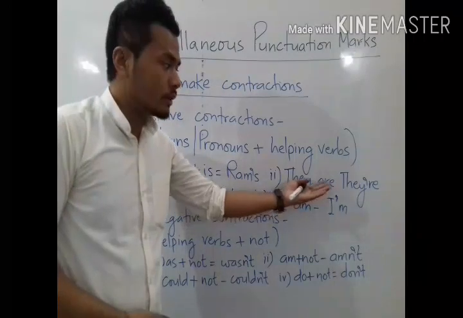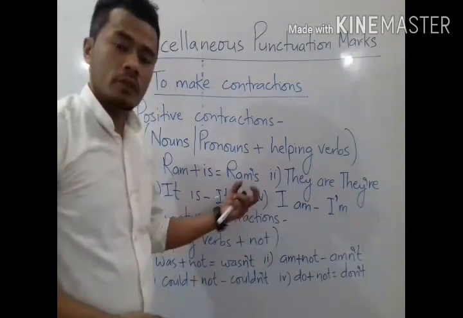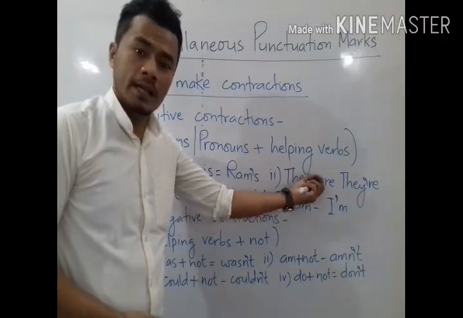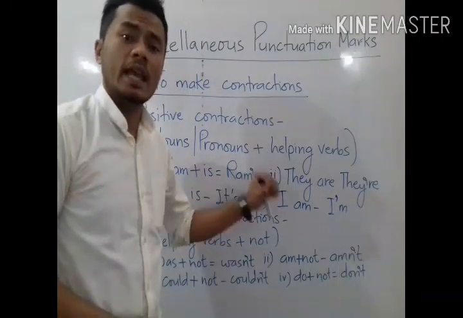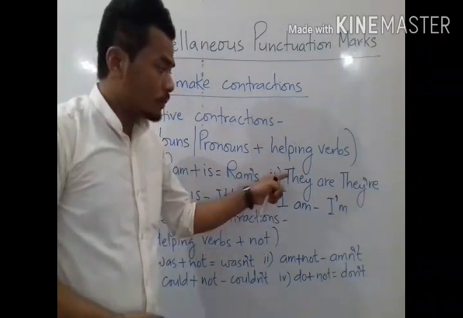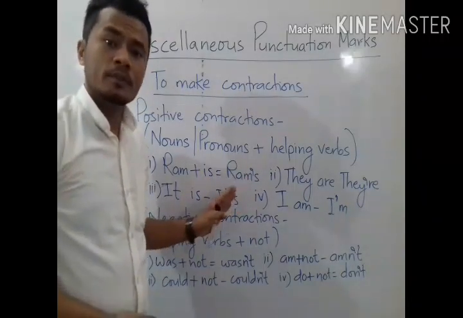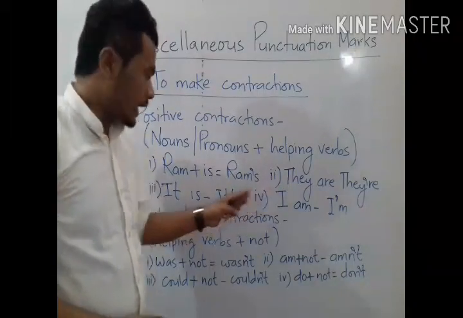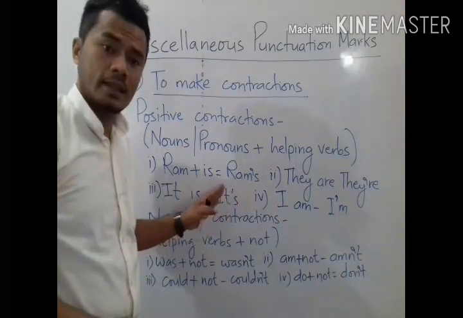Okay. So like they are, the contraction form of they are will be they apostrophe re. So I have joined these two words, this pronoun and this helping verb, and again from this helping verb I have removed the first letter a, and in place of a I have used apostrophe. So whenever I am making a contraction form, I have used the first letter of each helping verb. Like it is, the contraction form of it is it apostrophe s, it's.